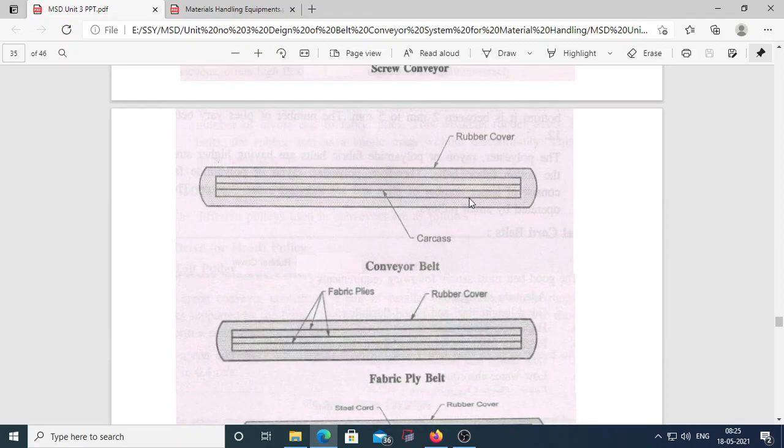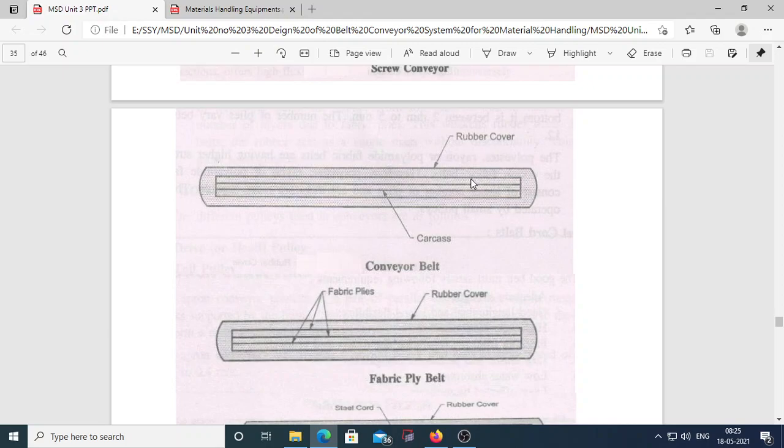First is the carcass, and second is the rubber cover, as shown in this figure.